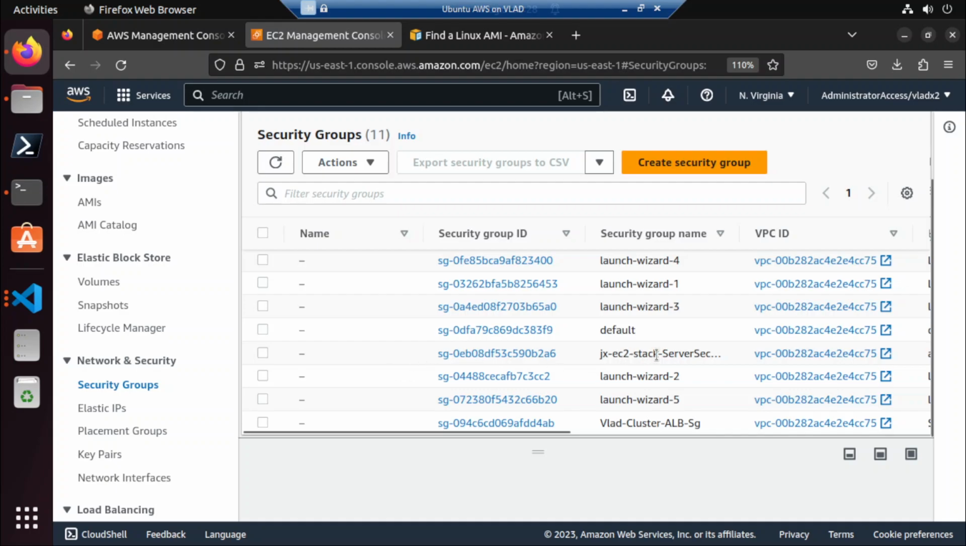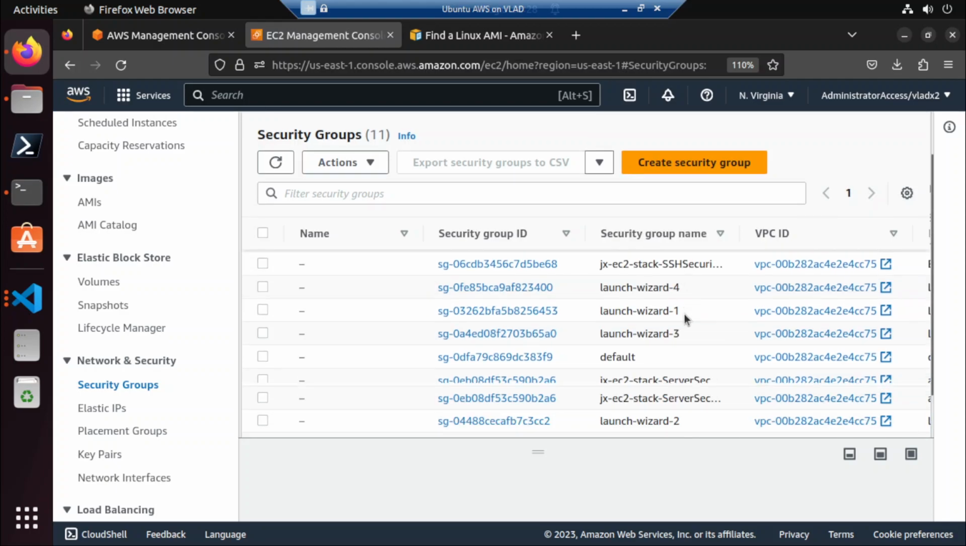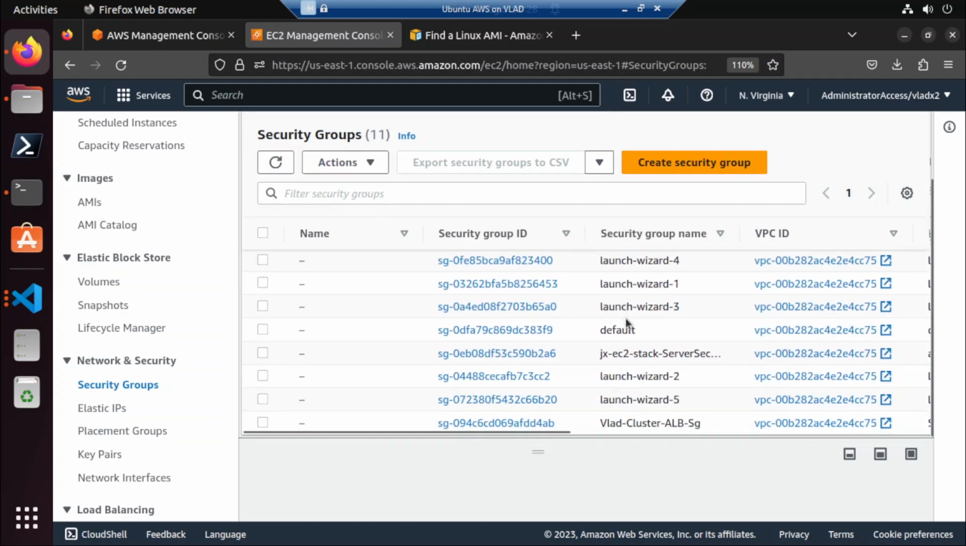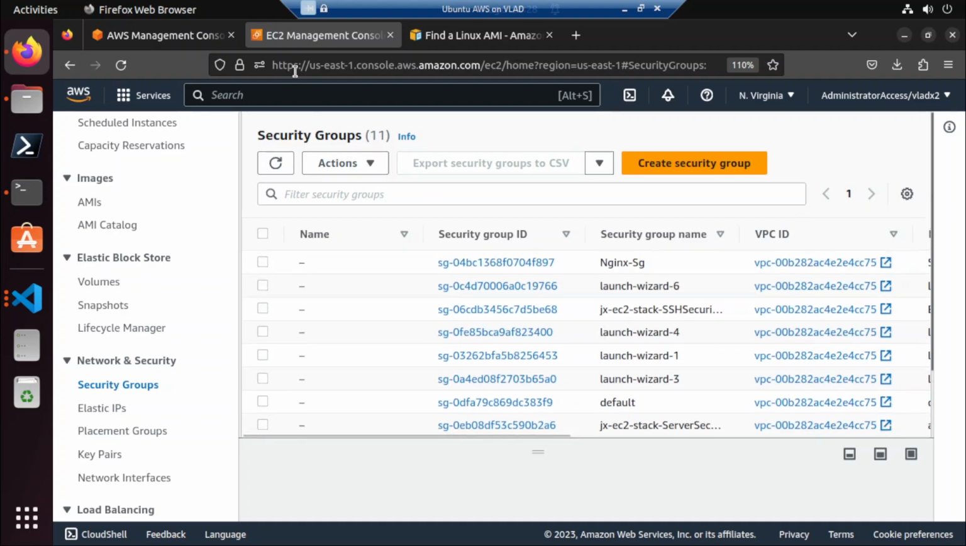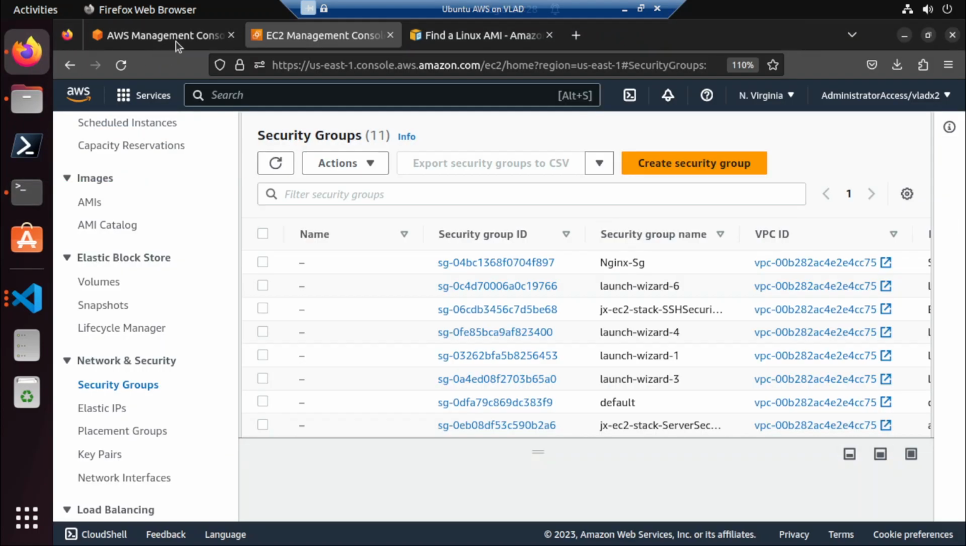So this one from our server stack. This one is our SSH. So the other, why do we have an Nginx here? So we might want to clean up our security groups here. But let us go back to